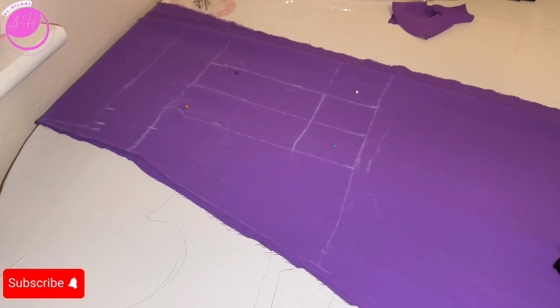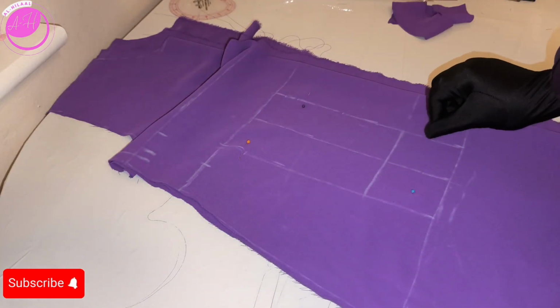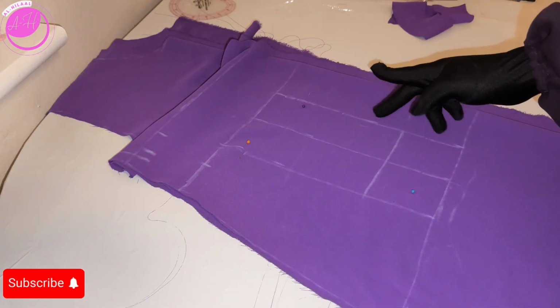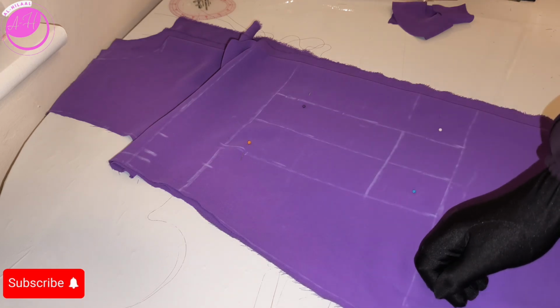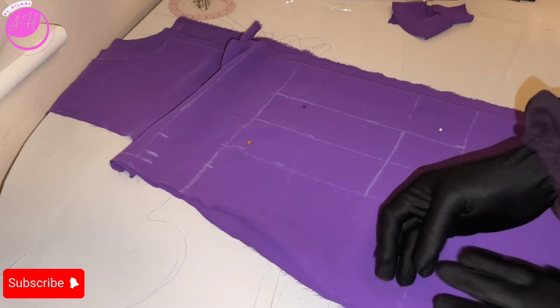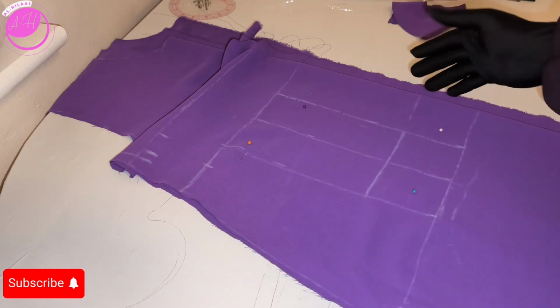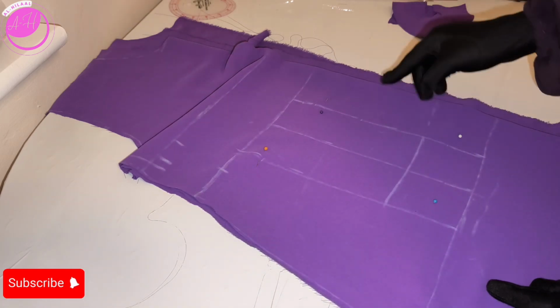So to start sewing the dress, the first, which is also the most important part of this dress, is the pleat, because the pleat is the basic thing we are focusing on in this dress. So I'll make sure I iron out all these pleats that you see. I have secured the four layers together with my pins, so it means I'm going to iron them together